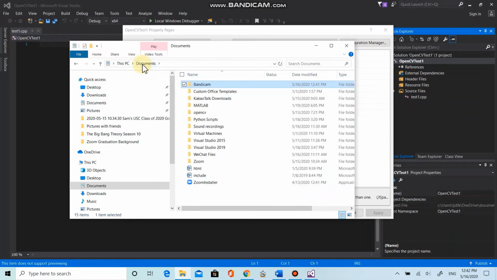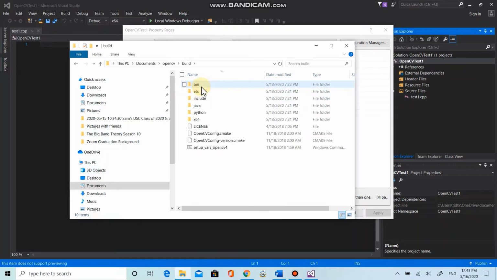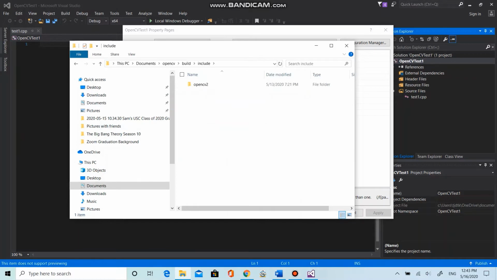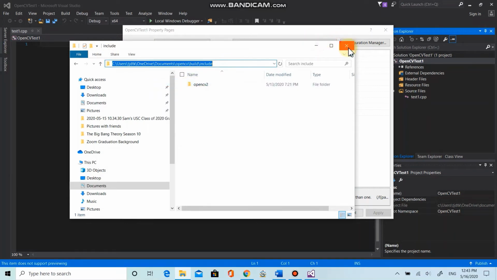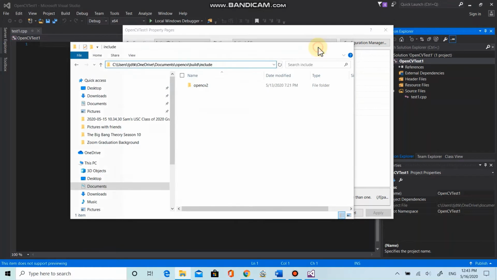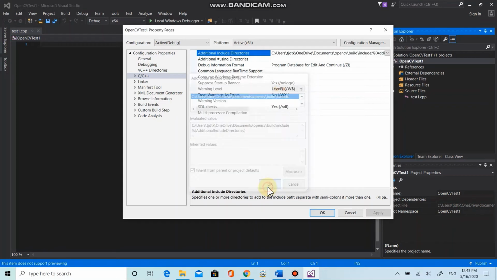Go to the documents where I saved OpenCV and go to the build folder and go to include, and we are going to copy the directory on the top and paste it to the window we opened earlier. There we go. Press OK